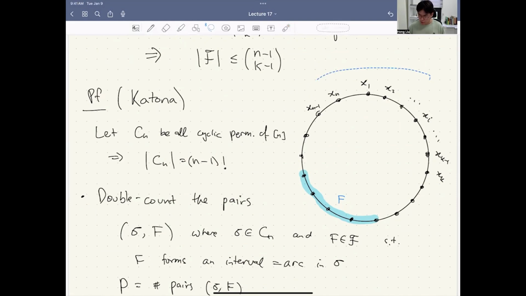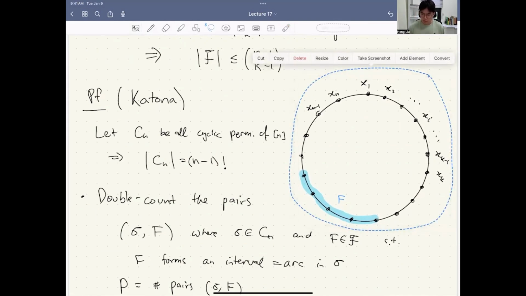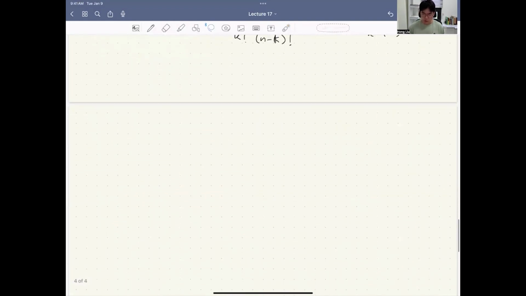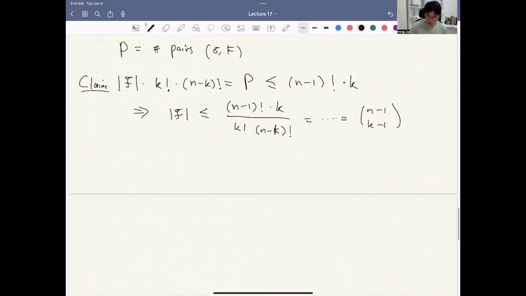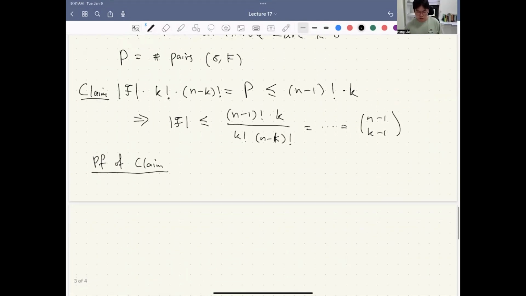Let me copy this. I will need it later. Okay, I will draw a new one. So the first bound is easy. Let's count it from the point of view of F. From the point of view of F in script F,